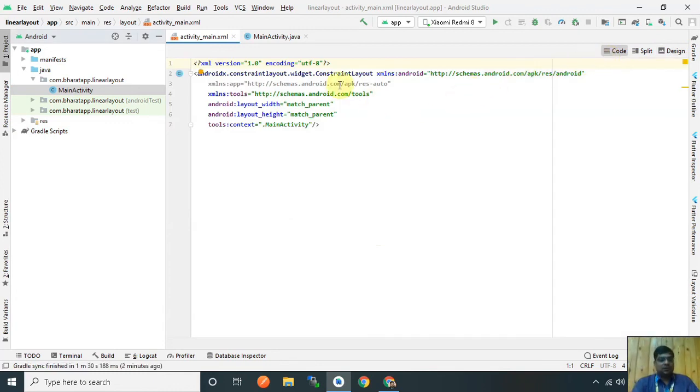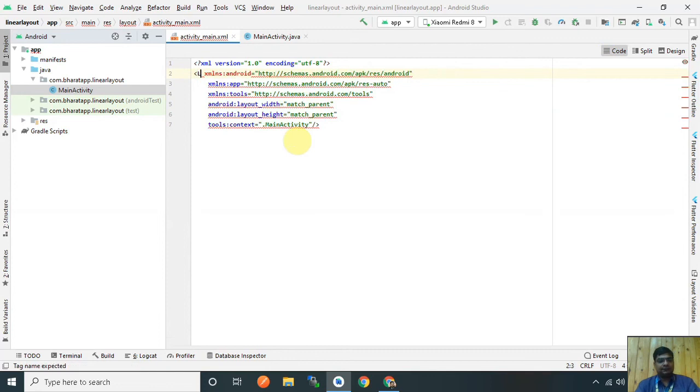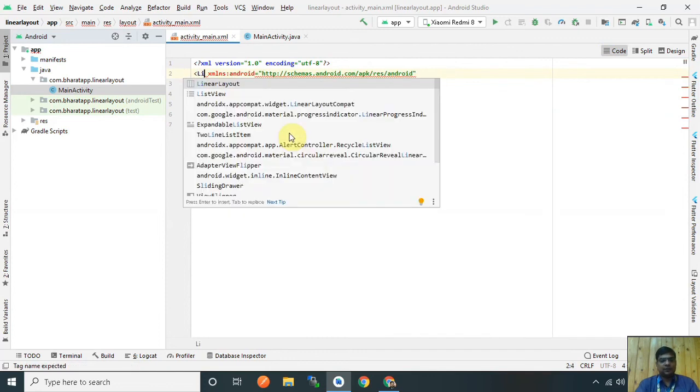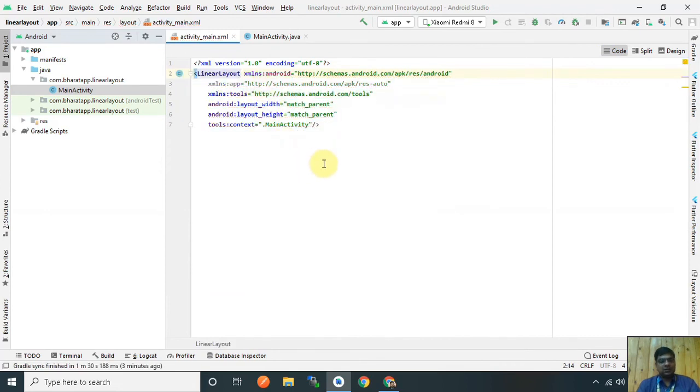Here we change this constraint layout to linear layout. I remove it, because by default Android Studio created constraint layout, but I want to create linear layout, so I choose linear layout here. So this linear layout is created.